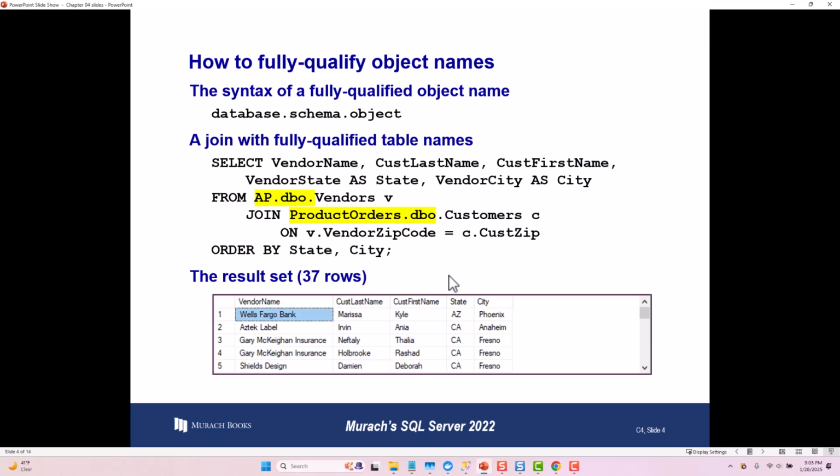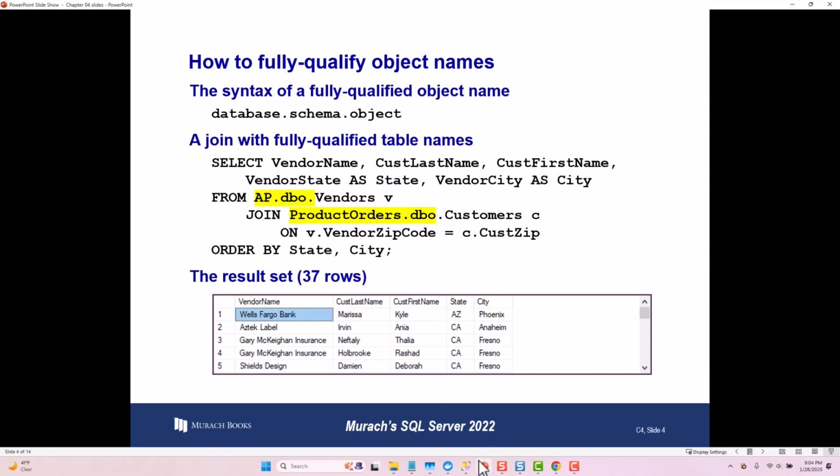Could be that that GL system is also a purchase system, and we still want to get that information, but we would have to use the fully qualified object name in order to do that with the database, the schema, and then the table. Again, there's a little bit more that goes into it. You have permissions, you have synonyms, etc. that could come into play. But for our query purposes, after that's all set up, all we would need to do is use the database name, the schema name, and then the table name.